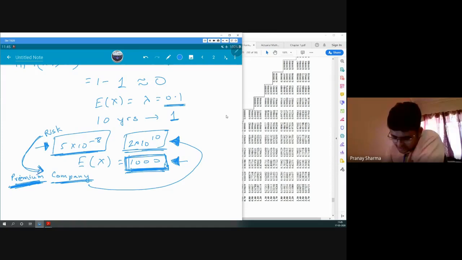We say, if I get into an accident, I don't want to keep 10 lakh, 5 lakh rupees in my bank account just in case. So I'll ask the insurance company to take that risk from me. And if I get into an accident, the company will pay 5 lakh rupees to repair my car. So they will charge us a very small premium. Why are they charging a very small premium? Because most of us will not get into an accident.